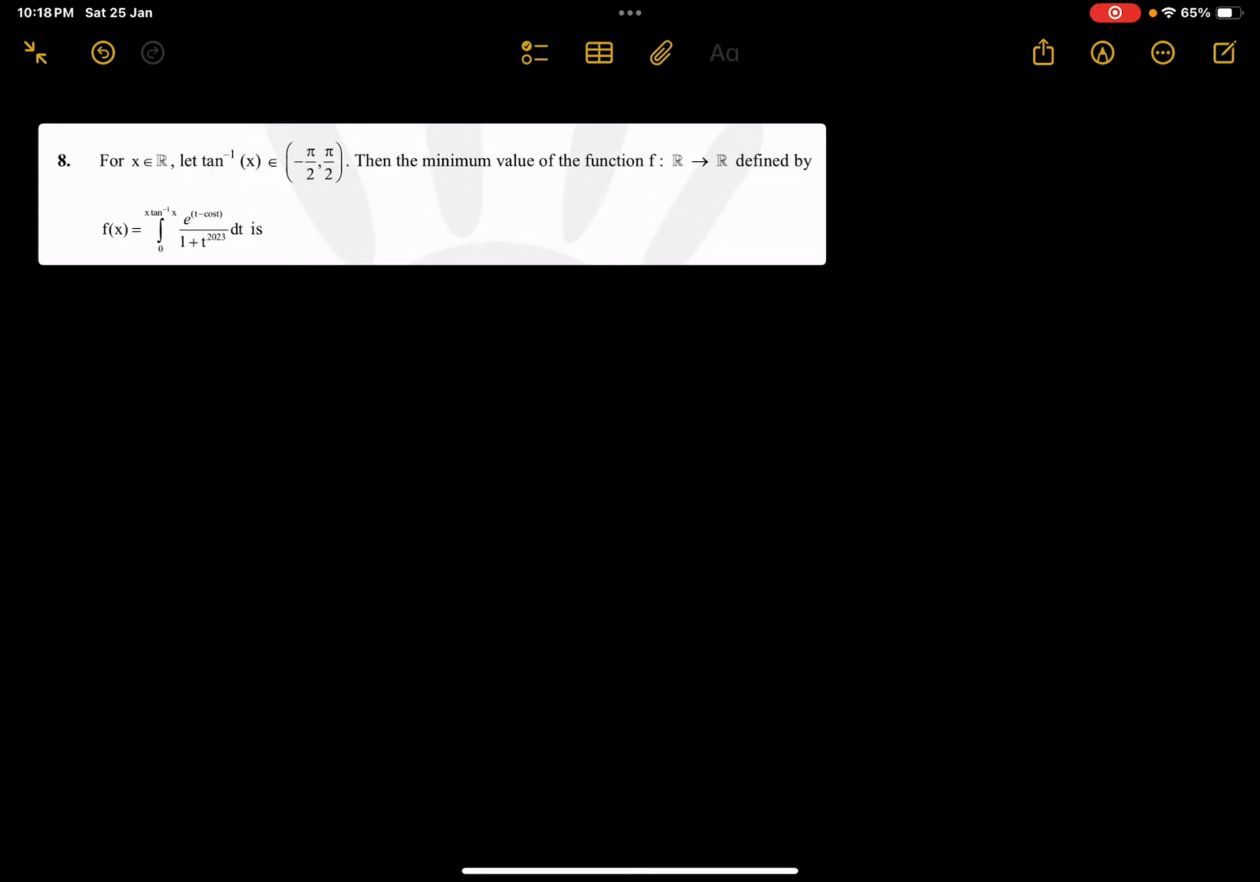This question is really straightforward. It might seem tricky, but the answer clearly is 0. So why? Let's recall that if a is less than b, the integral from a to b of f(t) dt is greater than 0 if